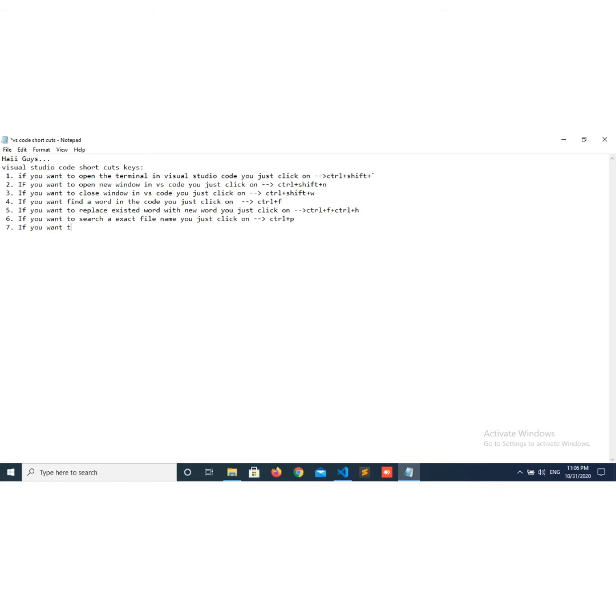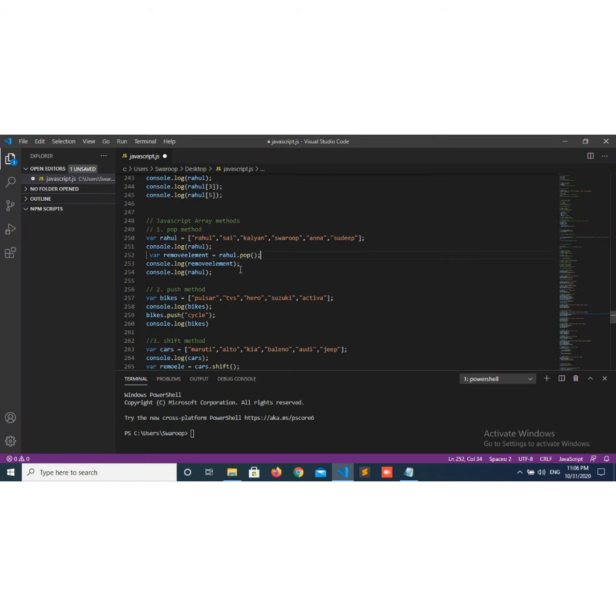If you want to copy the line without selection, you just click on Control plus C. In case you want to copy this line, you don't need to drag like this or click on Control plus C like that.